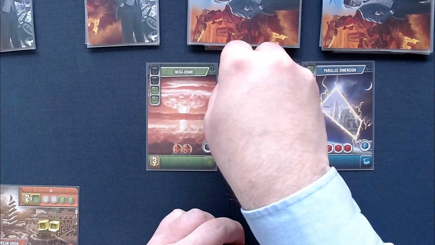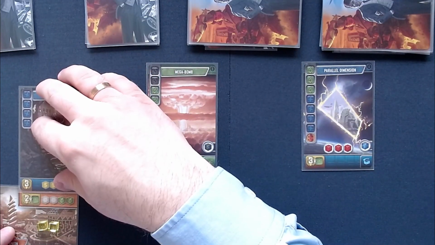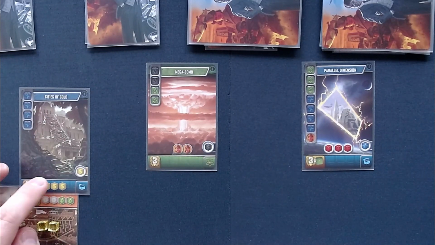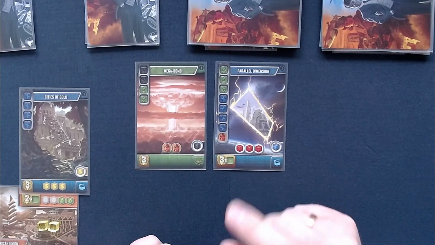So you see now, this card is constructed. So I will put these cards back, and the cities of gold will go over here. So now at the end of the game, we will get 3 points here. And also, I will now produce yellows, which don't help yet, but they will help at some point, right? Okay, so, and now